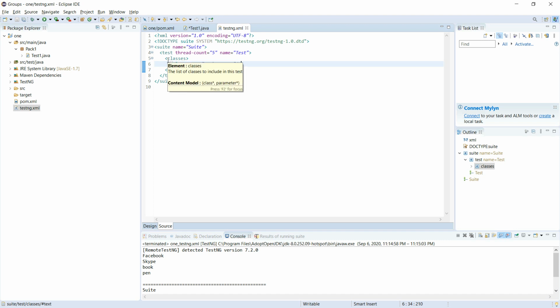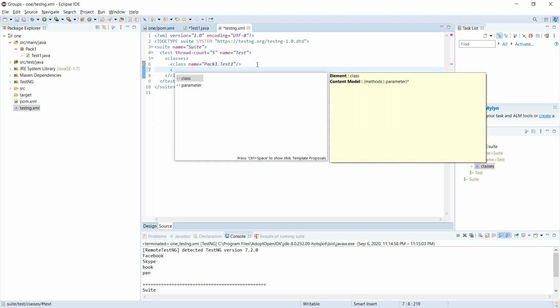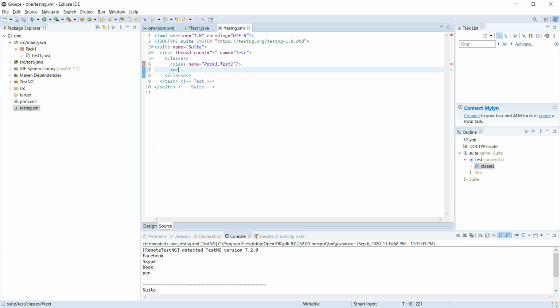So here I am writing classes, and here I have closed the tag. Coming to the next, in classes we have written class. In that class we have to write the methods, so whichever methods you want to execute, you need to write.